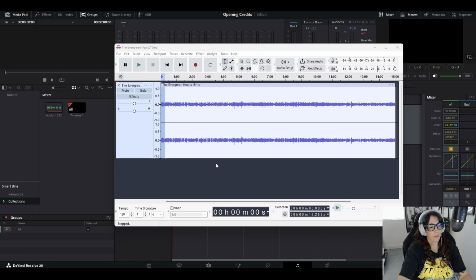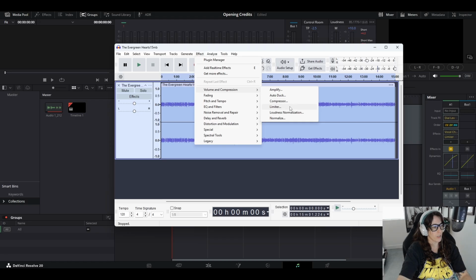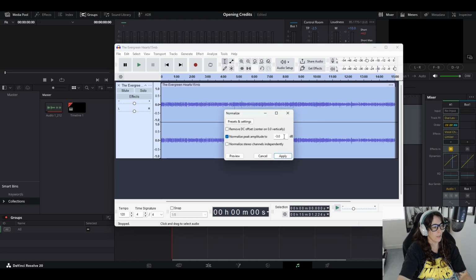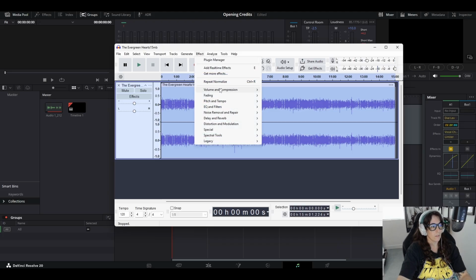So we can start with the normalizing. So we'll want to highlight the whole thing, go to volume and compression, normalize, and I do the -3. Some people want to do the -1. I don't know why. I like the -3 though. So I'll do that, and it raises the volume a little bit, but then we want to compress because,